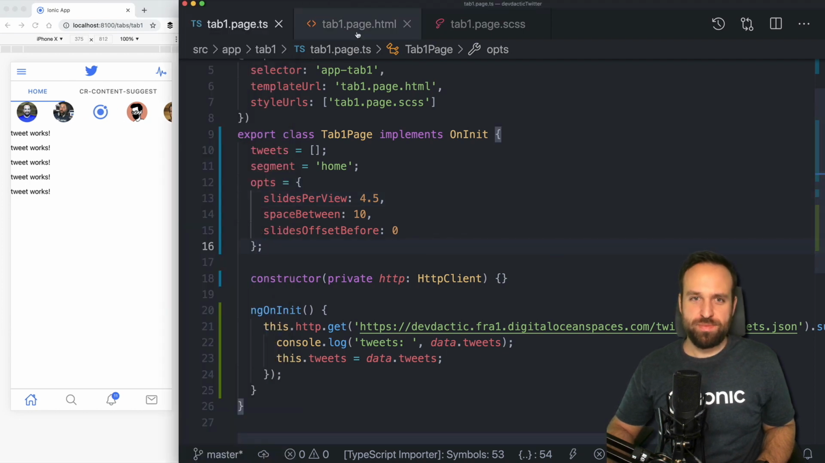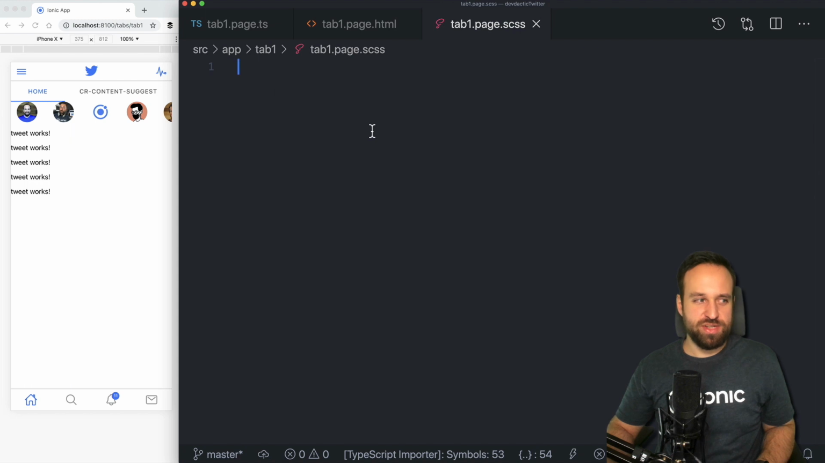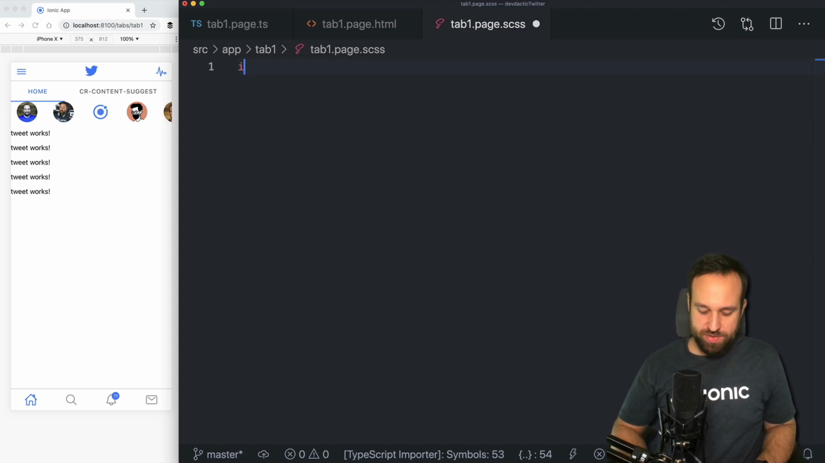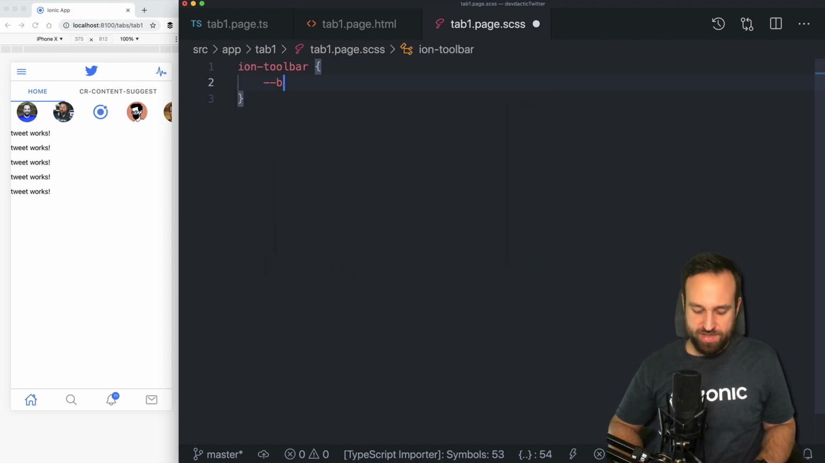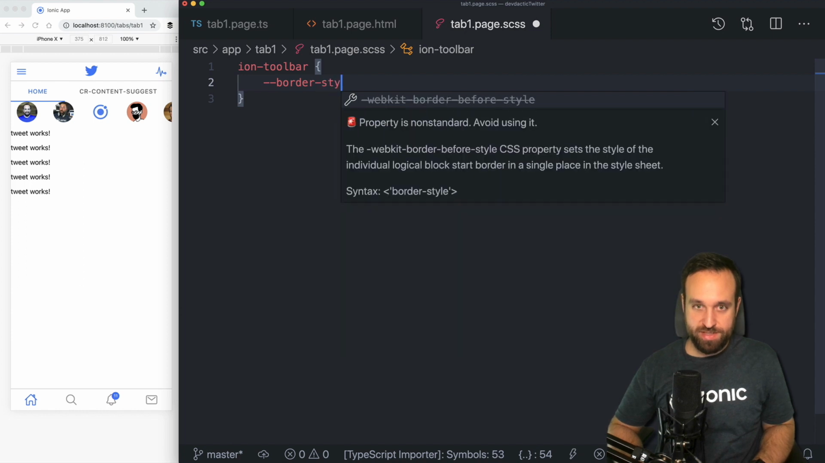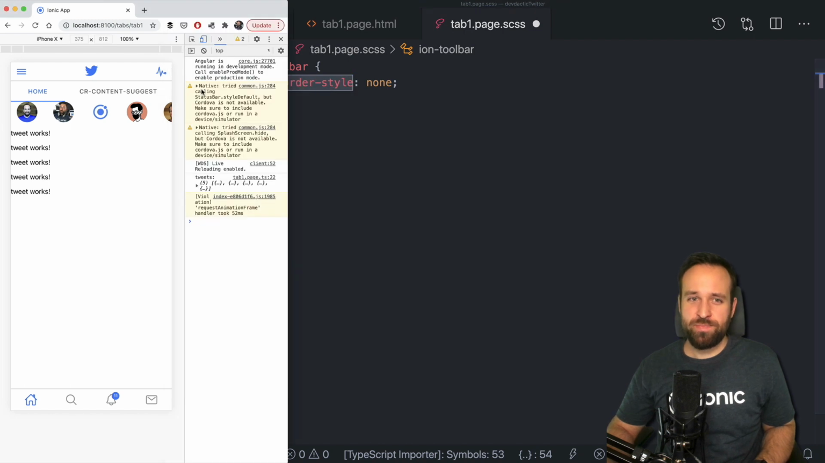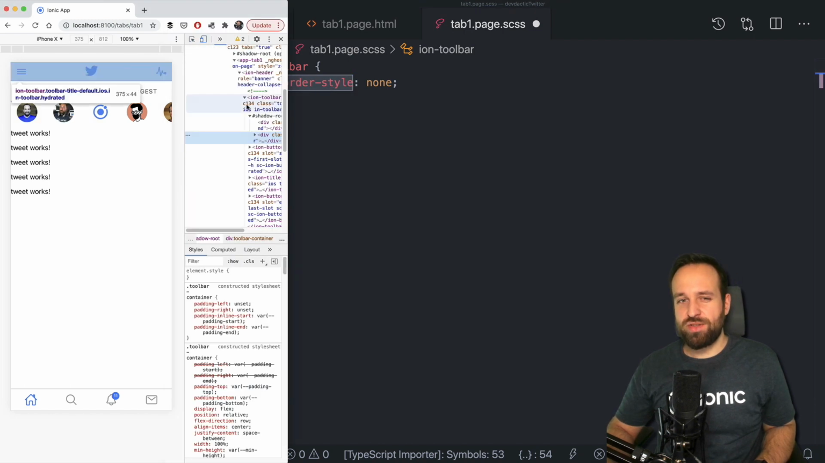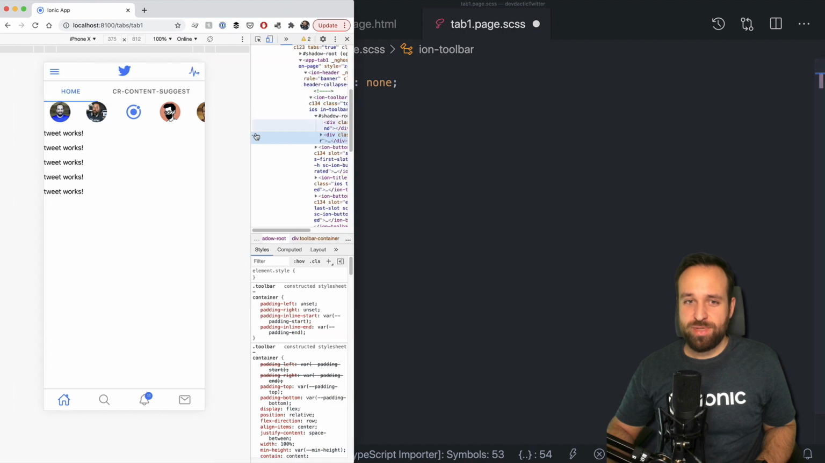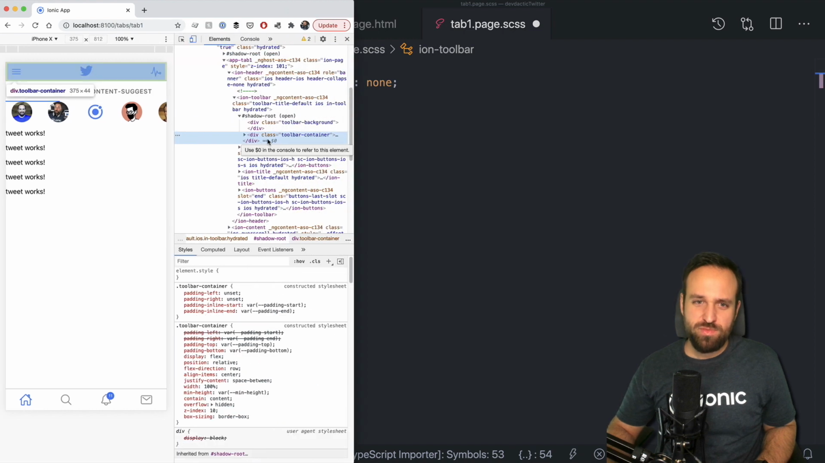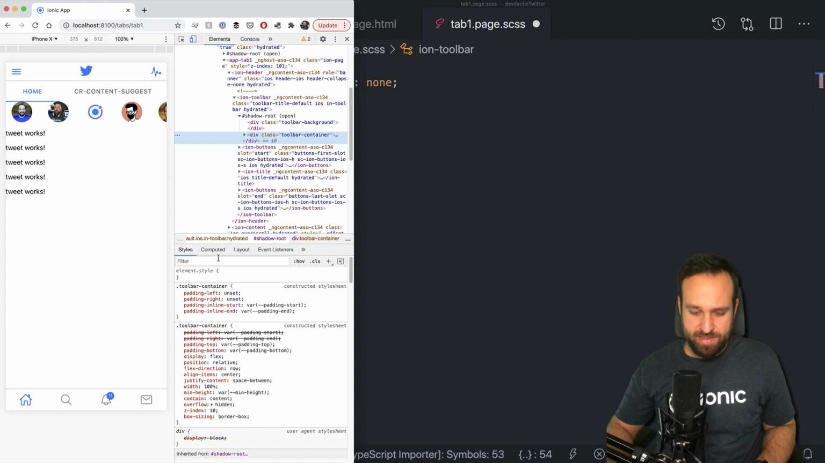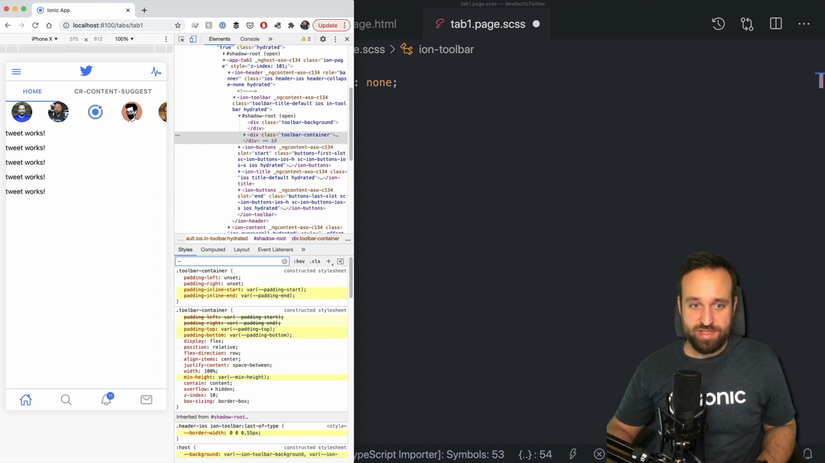And now we should maybe apply a bit of CSS to our tab 1 page. So if you check out the Twitter application, once again, you will see that the toolbar actually has no border. And therefore, we're gonna set the border style of the Ion toolbar to none. How did I find this CSS variable? Well, you can either check out the Ionic documentation for the toolbar, or if you're actively developing stuff, you can just type in